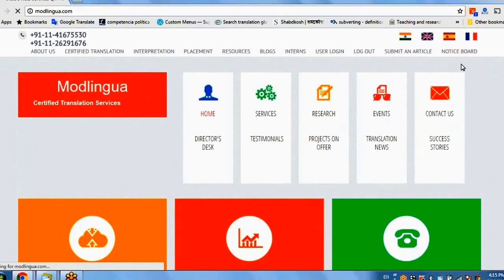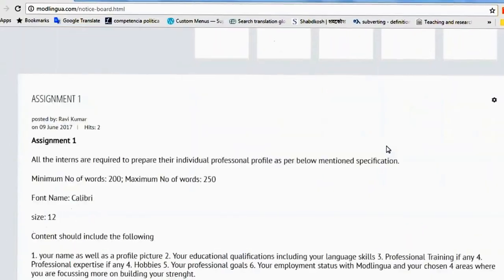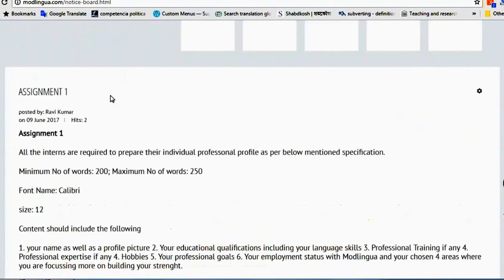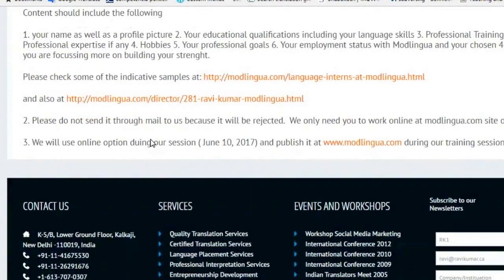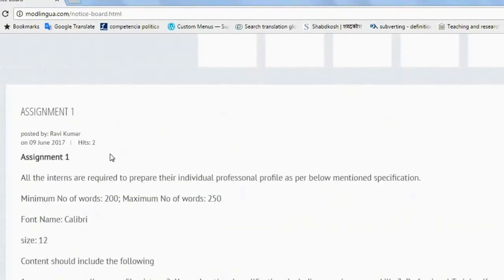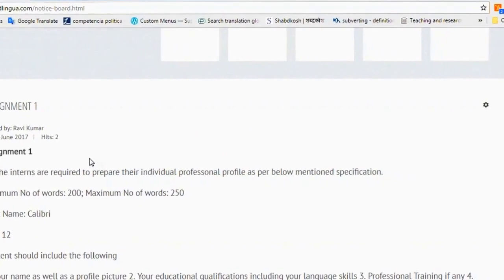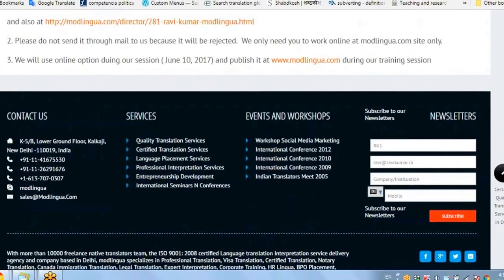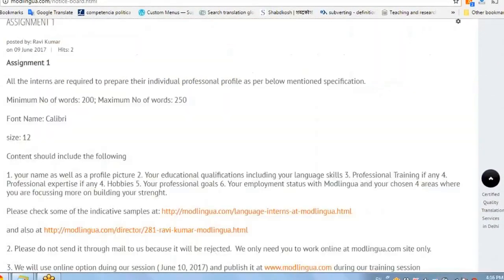Notice board is the area where we give you our communications. For example, if we have some assignment, we update it here. So whatever is the latest assignment, that will be on the top and the previous one will go below. For example, assignment number 2, assignment number 3, assignment number 4. This way you may have at least 10 assignments. So this way we will be able to understand what we have and what we have to deliver. And how you will be graded, that will also be told to you.